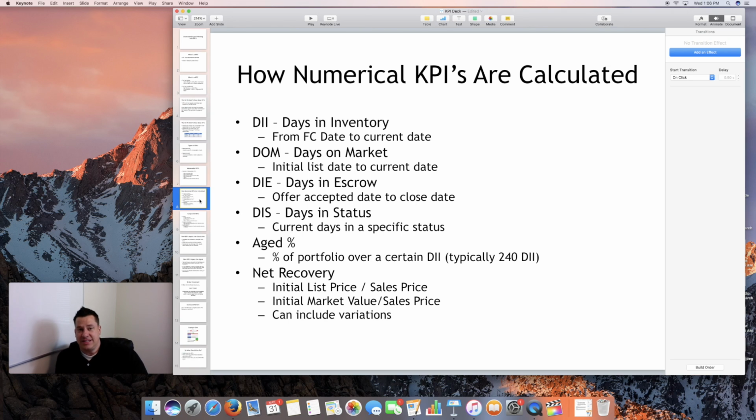Days in status. Now, days in status is a good one so that the outsourcers can look for bottlenecks, right? So they're going to say, I want to see a days in status for each process. So eviction, initial services, valuation, awaiting market strategy, listed, in escrow. I guess those are the main ones, but that's what they're looking for, right? Like in each status so that they can see,